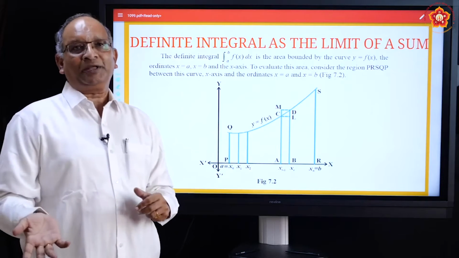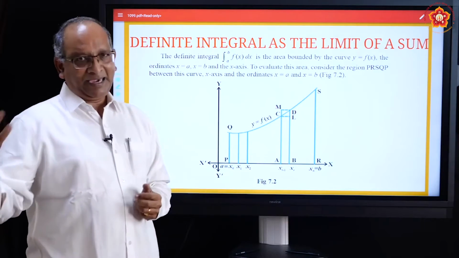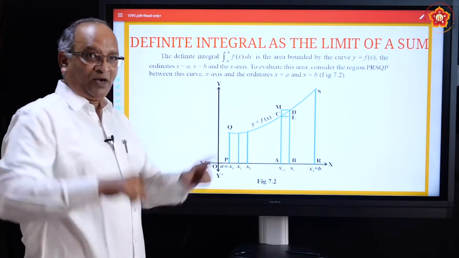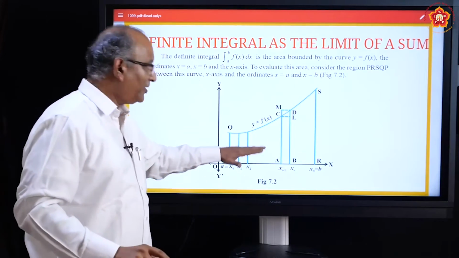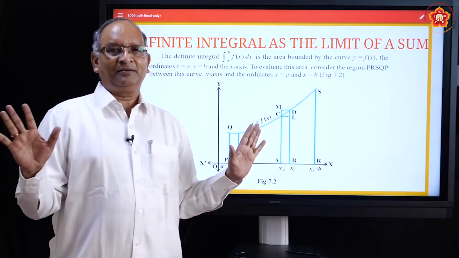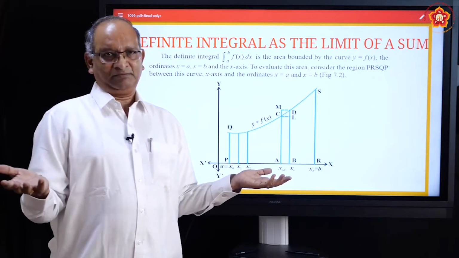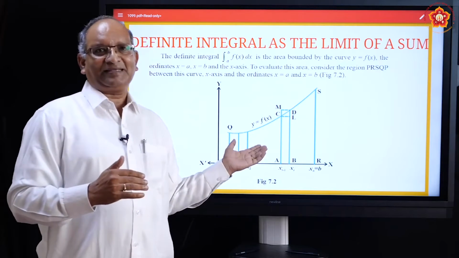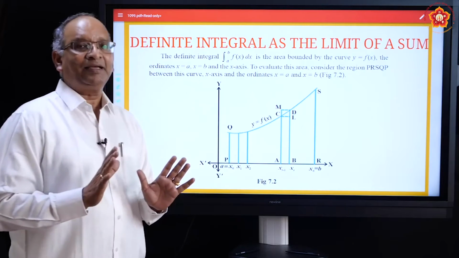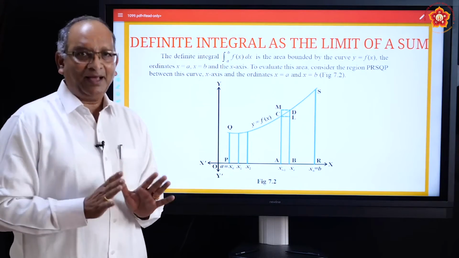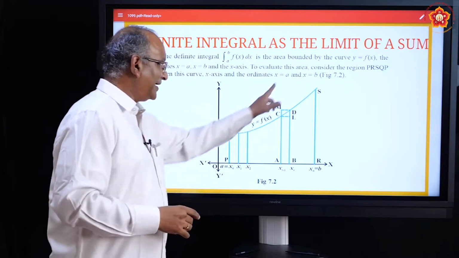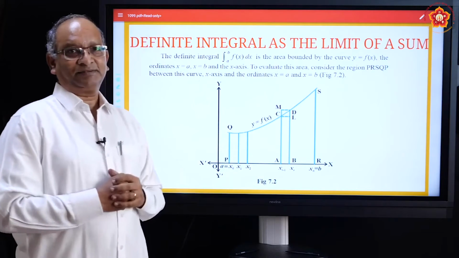Since we are defining, we are not using numbers, we are saying a and b. And what else is there? One is the curve, one are these ordinates, and then above the x-axis. Purposely we have taken above the x-axis. It is not necessary that the area should be only above the axis, but once we learn for above the x-axis, it can always be used for anything else. So basically we are trying to calculate the area between the curve, the two ordinates and above the x-axis.